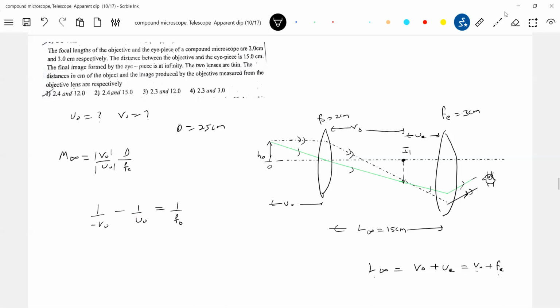Able to understand the question? Both are asking U0 and V0. So from the length of the tube, I'll get V0. That V0 substitute in this formula. Then you are going to get, okay, let it be better like this. Then you get the U0 value. That U0 value substitute here, you'll get the, oh wait, like he's asking,